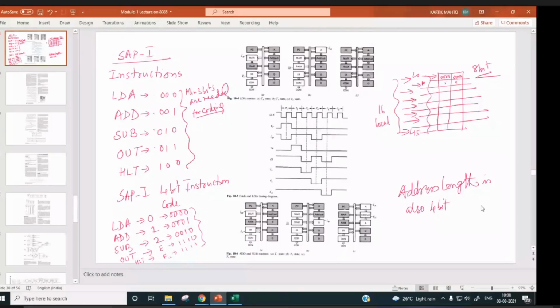So in one RAM location, we can store our instruction of 4-bit as well as address of the memory location 4-bit.